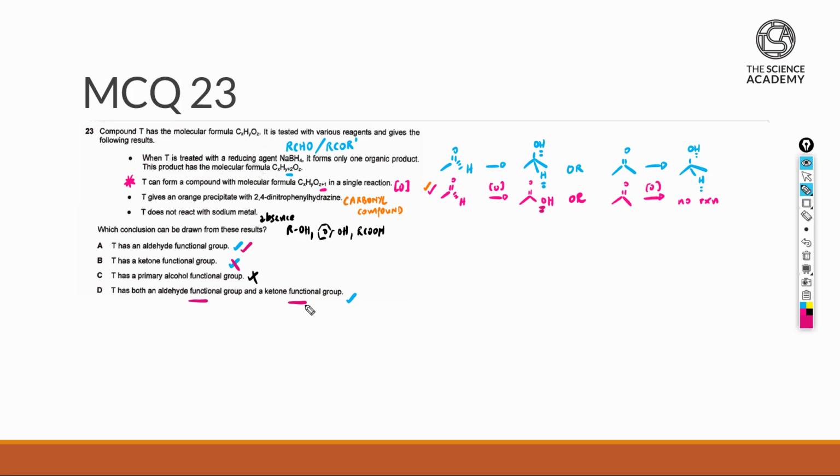Now, why this is not going to be okay is because if we have both an aldehyde and a ketone functional group, when T undergoes a reduction process, T has the original CxHyOz formula. Since there are two carbonyl groups in my reduction, the reduced T will have the formula CxHy+2. This plus 2 is for the aldehyde, and another plus 2 for the ketone, and Oz, to give us Hy+4 rather than the plus 2 that the question has mentioned. So in this case, the correct answer for this question is